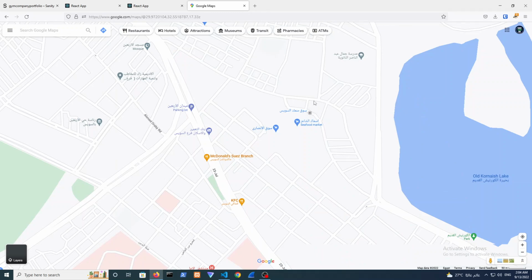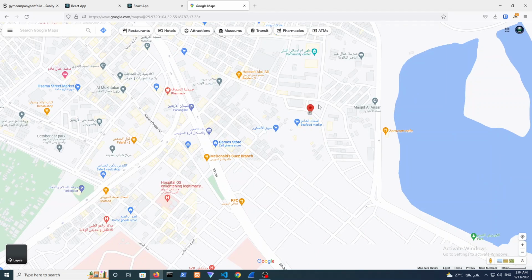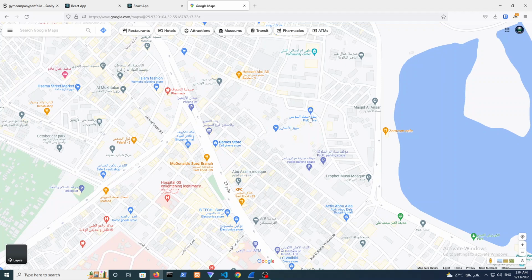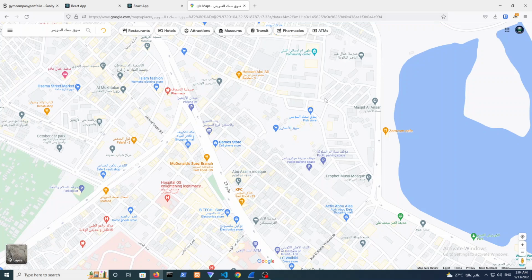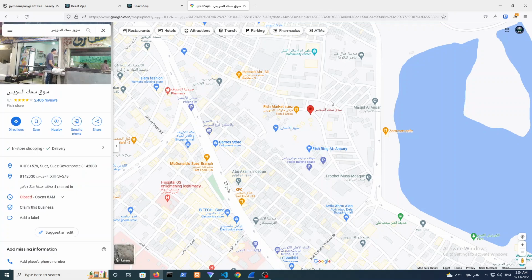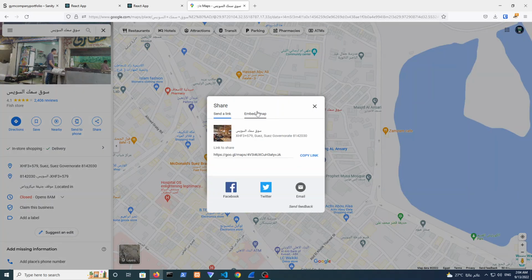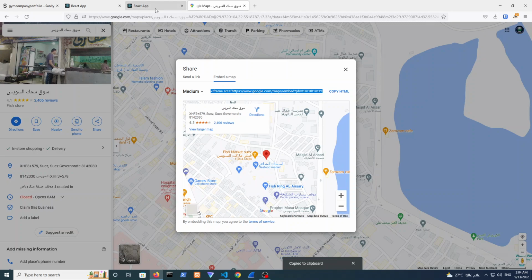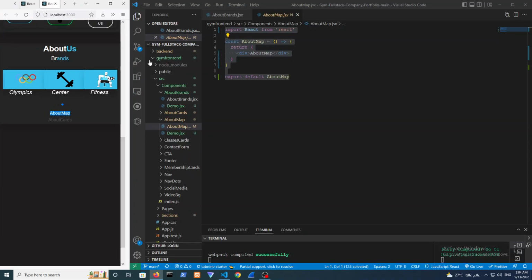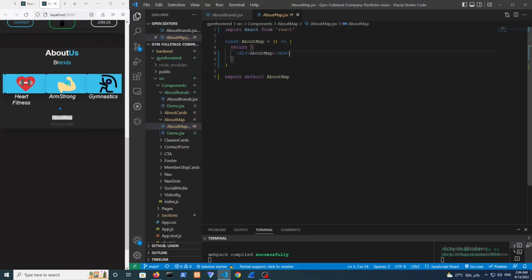So let's say we want to get this embedded map from Google. All we actually need to do is just pick the location. So just pick wherever location you want. And then you see share and then embed a map. You're just going to copy the HTML and go into your About Map and basically